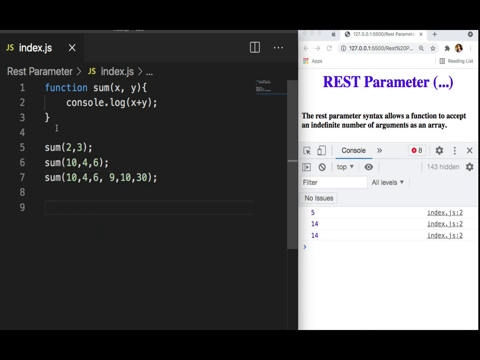In that case, my function will not return the exact output. Although it will not give any error, it doesn't matter how many arguments I'm passing from here, it will only take the first two values and calculate with them. So in this case, we cannot be sure how many parameters will come, and we cannot hard code it like this.